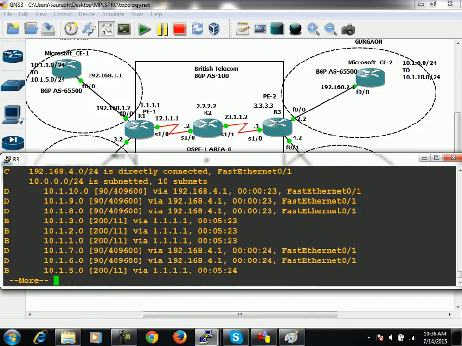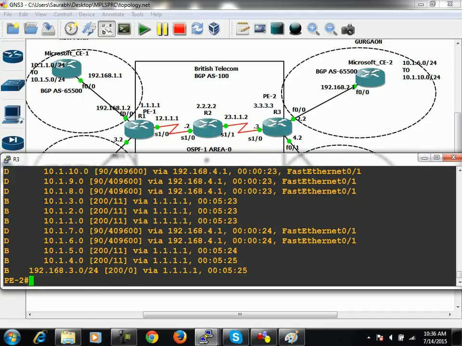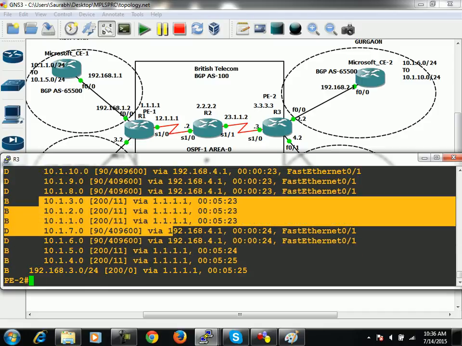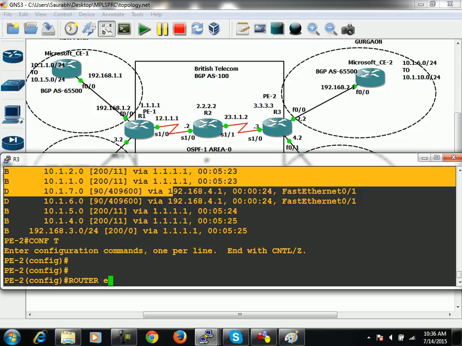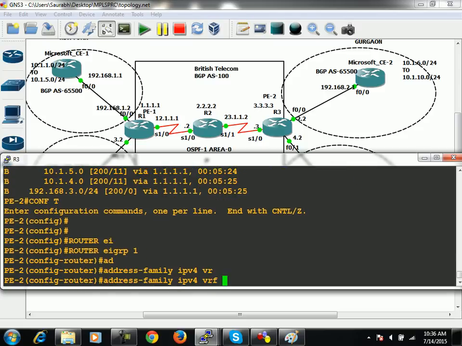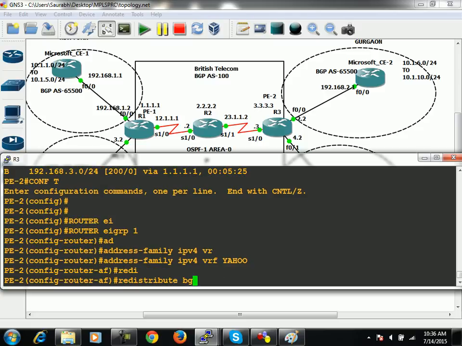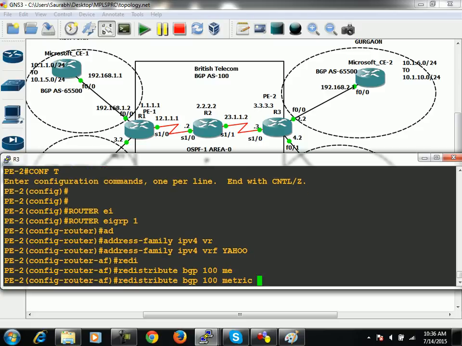Some prefixes are coming with the help of EIGRP and some of them are coming with the help of BGP. So 1, 2, 3 is coming with the help of BGP. Apart from that, via EIGRP itself, because between Yahoo CE2 and this PE2 it's EIGRP, right? But by default, prefixes can't move from BGP into EIGRP, so say router eigrp, address-family ipv4 vrf is what, and then say redistribute bgp is what, metric is